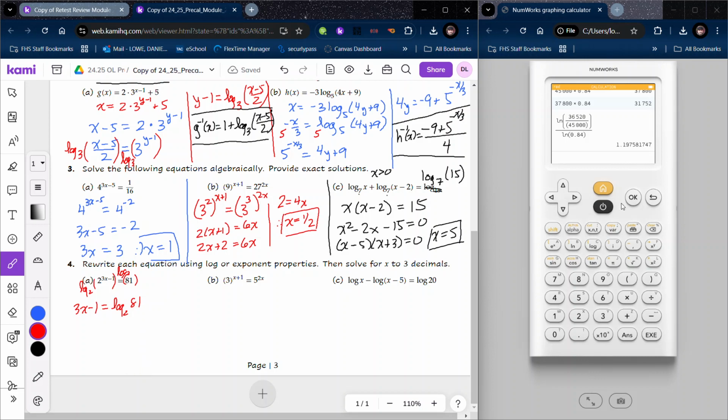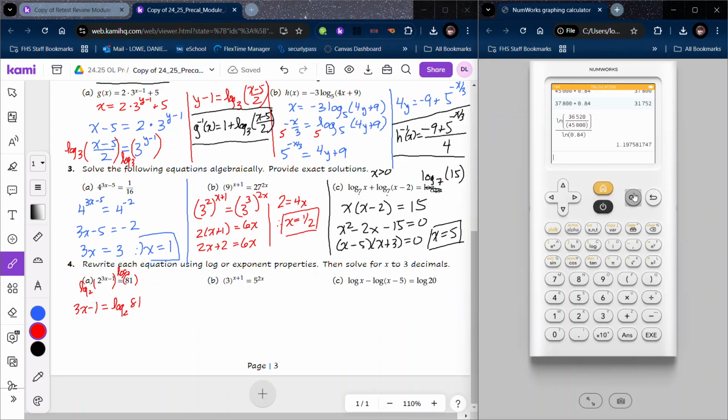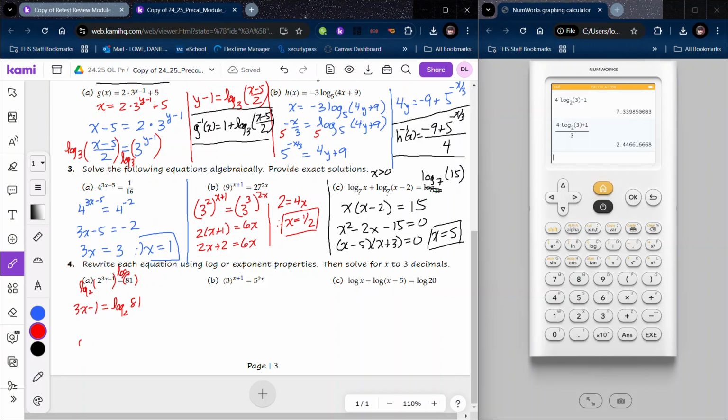Then I can use my calculator to solve. Right? One way that I could do it is to say, hey, I have a logarithm, change that base to base 2 of 81. That's a number. To that, I'm going to add 1, and then I'm going to divide by 3, and so I would get that x is approximately